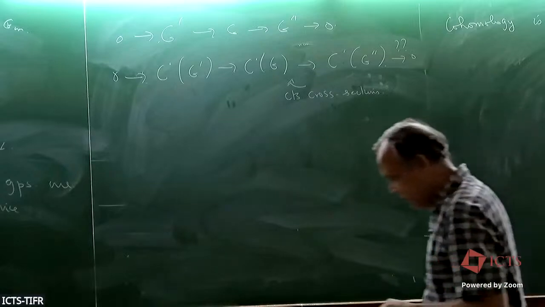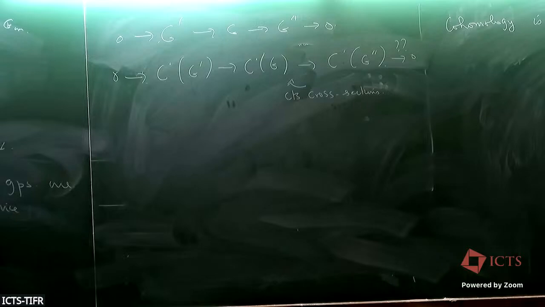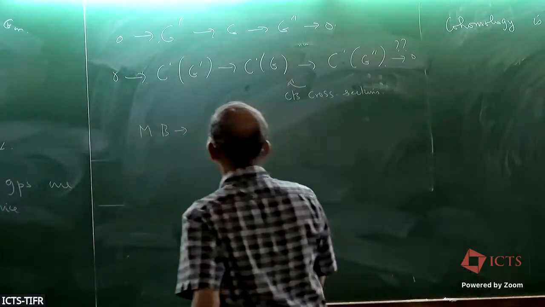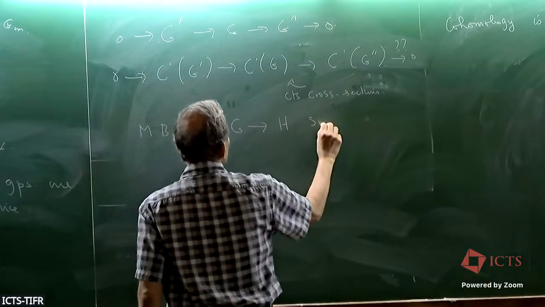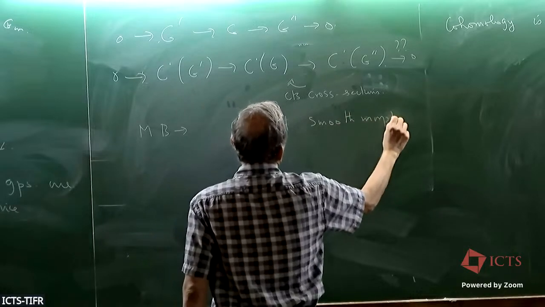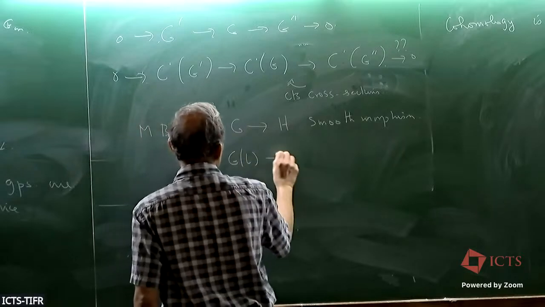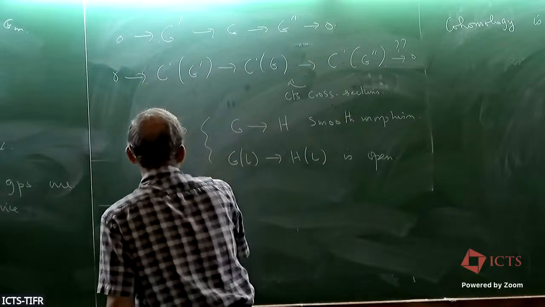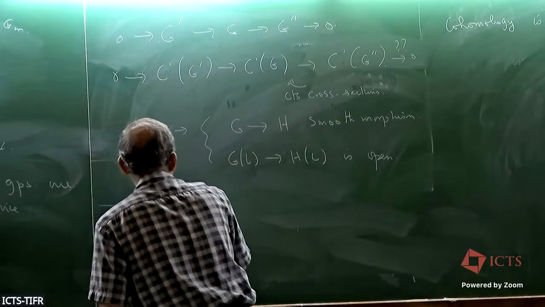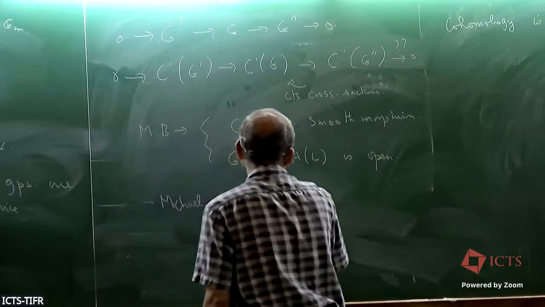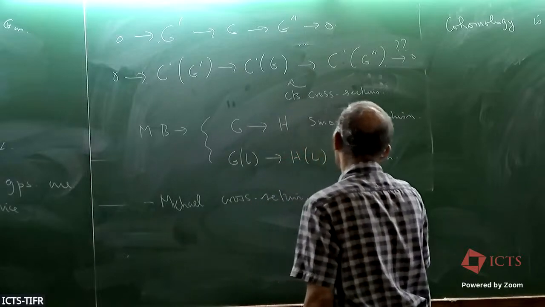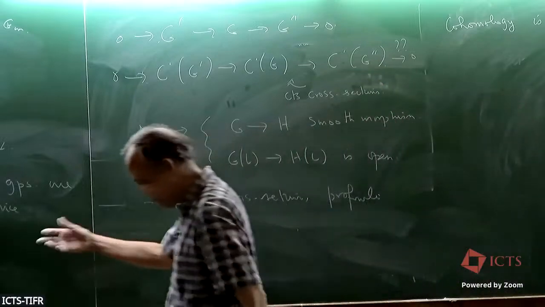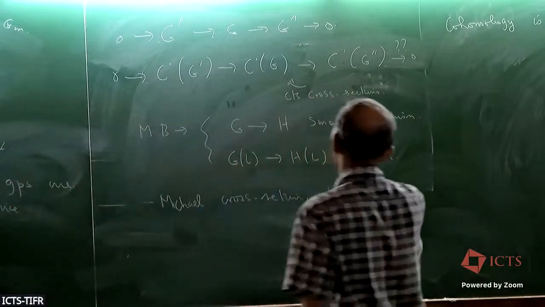Okay. So here we make use of two basic theorems. One is the theorem of Moret-Bailly and others whom I said, that if G to H is a smooth morphism, then the map from, say, G(L) to H(L) is open. And then the other thing which we need is an old theorem of Michael on cross sections if things are profinite. So when you use this kind of theorems, then one can try to show that the effaceability is clearer in the Čech context, and then you do some dimension shifting to